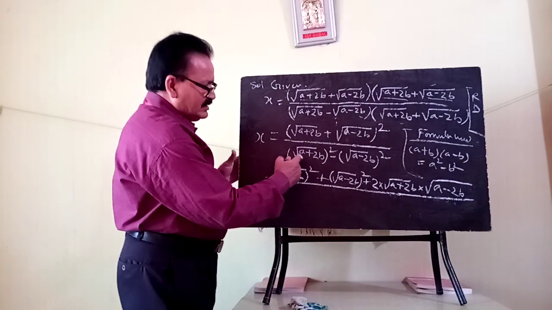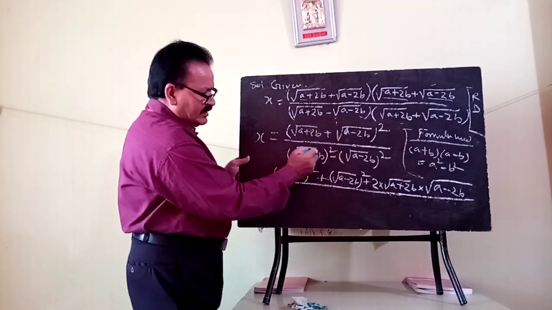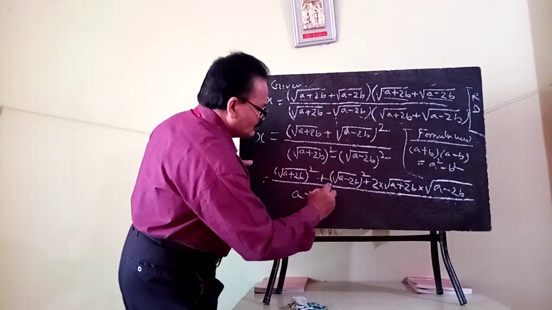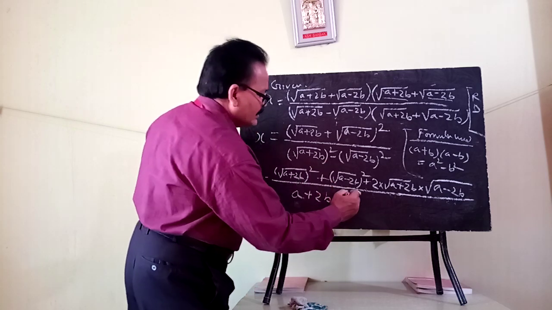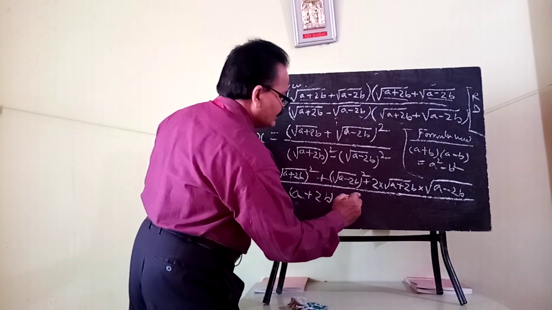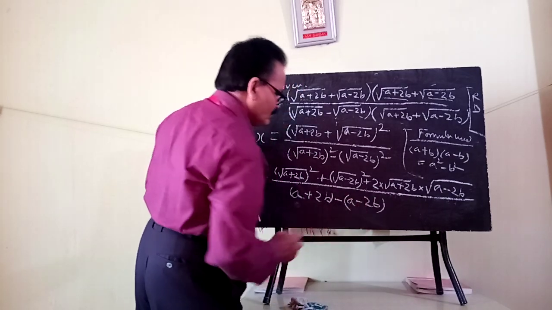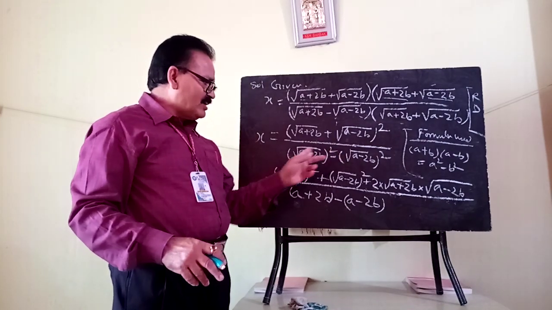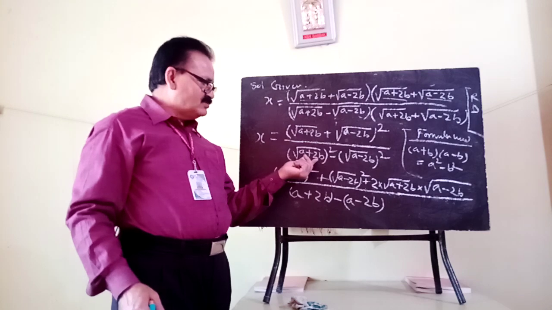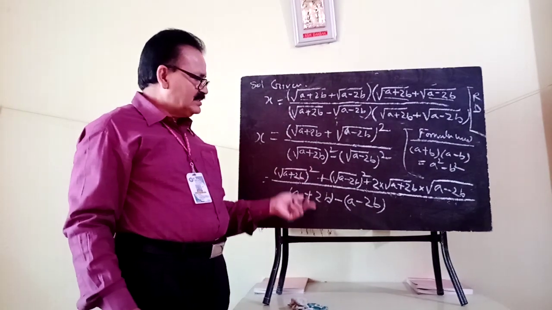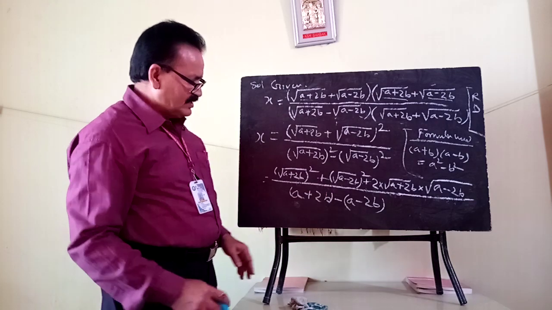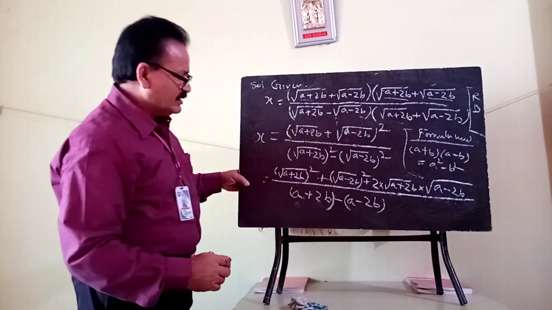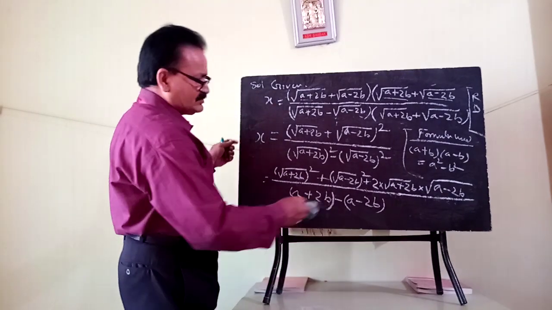Is it clear? Now a square minus b square. While squaring, this root is out. So that means 1a plus 2b, put a minus sign, and under bracket you write a minus 2b. Okay, the root is out because the square of a square root is only the value inside the square root. So that means the root is removed. A plus 2b will be here. Here I am giving the bracket. Okay, clear? Now I have to remove this again because I am forgetting the space.